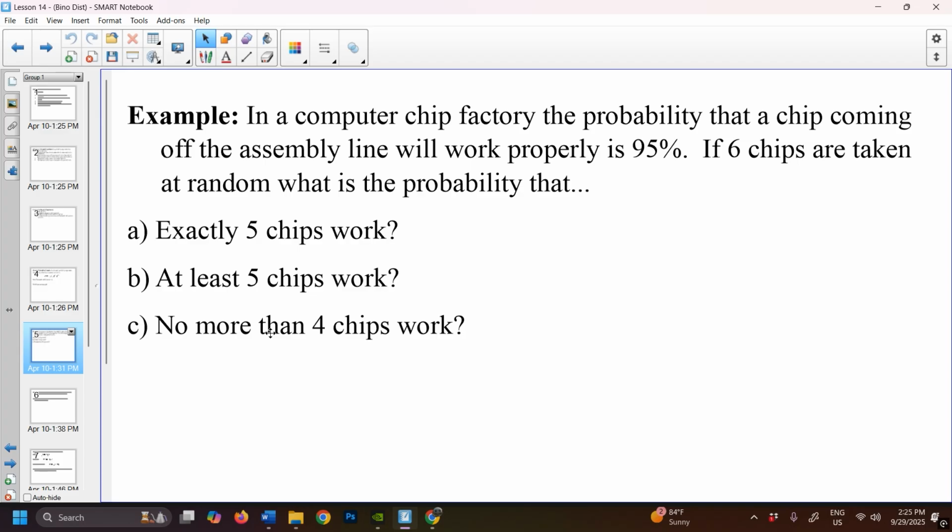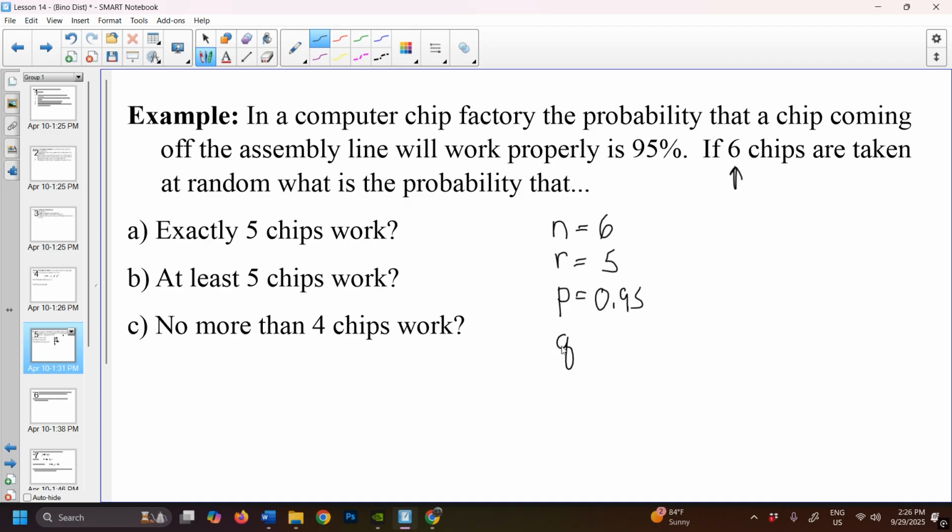So if I say that I'm taking 6 chips at random and I want to know if 5 chips are going to work, let's talk about the values that I'm going to plug in. The n value, the number of total chips taken, is going to be 6. The r that I want is going to be 5. The p that I want is going to be 0.95, and then if you remember, q is just 1 minus p, so 1 minus 0.95 is 0.05. So if I want to know what is the probability that exactly 5 chips work, I'm going to come over here to Desmos,